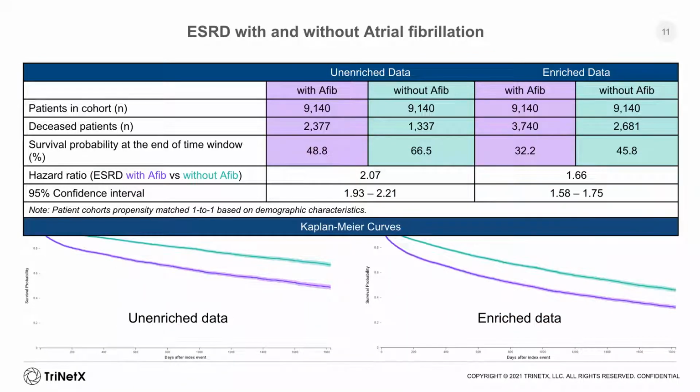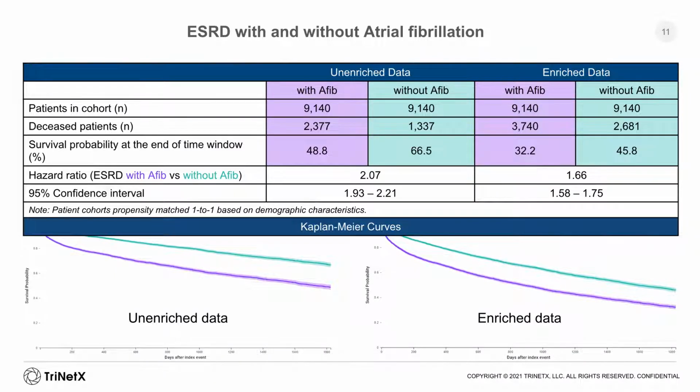If we go to the next slide, this is a very similar story, a very similar setup, and for time I won't go into too much detail here. But we're doing the same analysis now, just in a different patient population, where we were looking at an oncology patient population with a relatively small number of patients with pancreatic cancer. Here we're looking at a much more common population, patients with end-stage renal disease with and without atrial fibrillation. And the differences between the cohorts aren't as